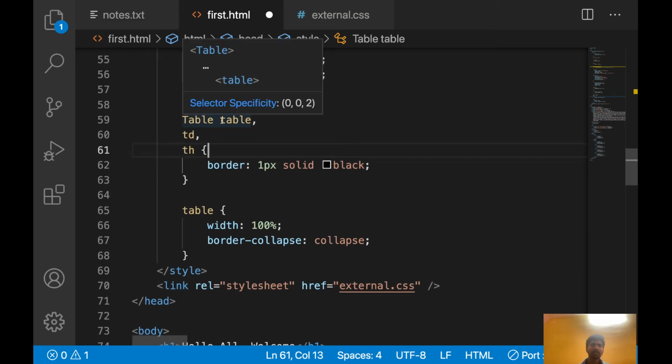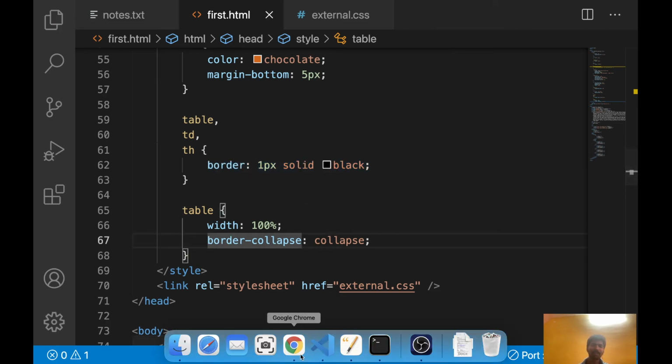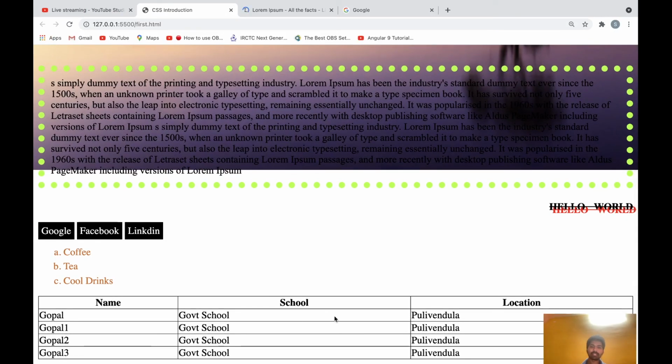Okay, so for table, td, th, for all these things I want to apply border. Okay, border collapse means without multiple borders coming, this border collapse will apply. See here, it is coming now.